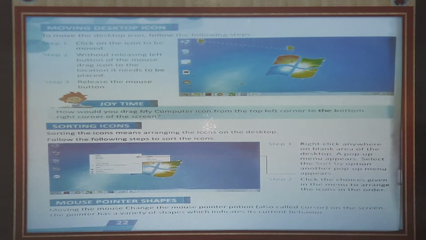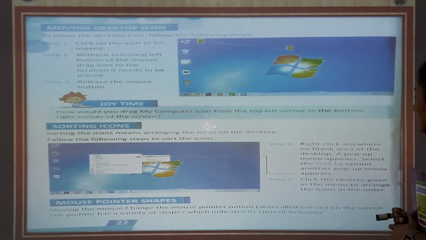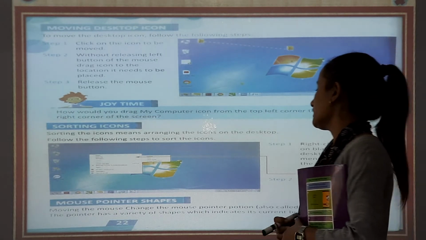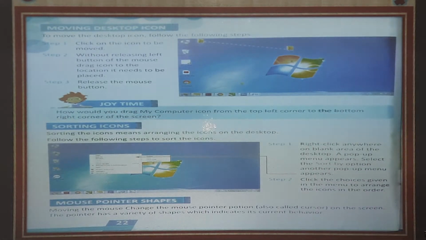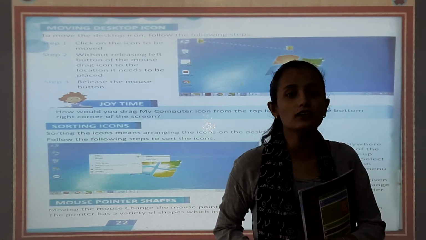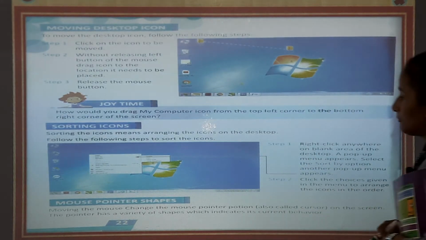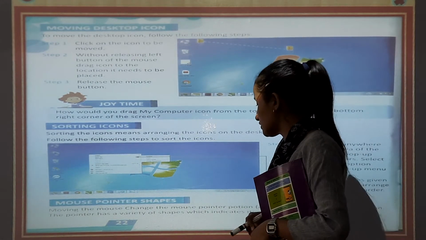Now mouse pointer shapes. Moving the mouse changes the mouse pointer position, also called the cursor. On the screen, the pointer has a variety of shapes.